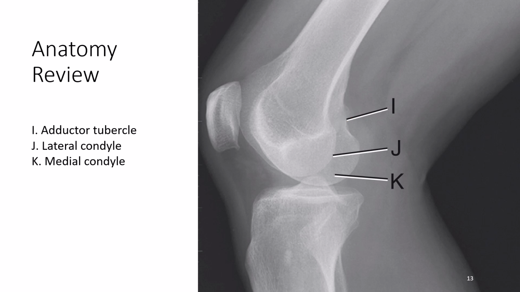Looking at that adductor tubercle, if the adductor tubercle that sits on the medial condyle is behind the lateral condyle, the only way that can happen is if the knee is under rotated, meaning they are not rolled lateral enough. They're under rotated because the medial condyle is sitting posterior to the lateral condyle. If the medial condyle and the adductor tubercle were sitting in front of the lateral condyle, then that would mean,